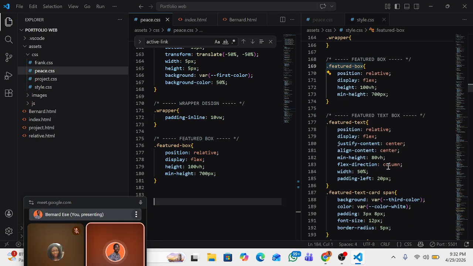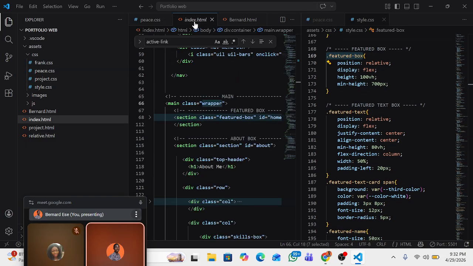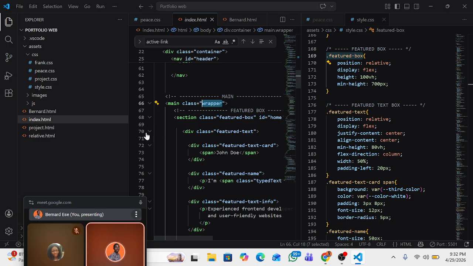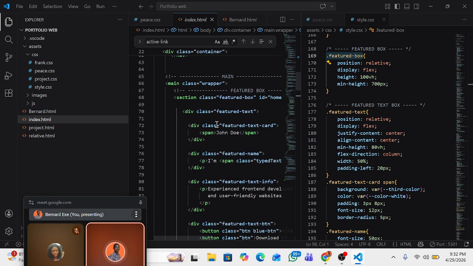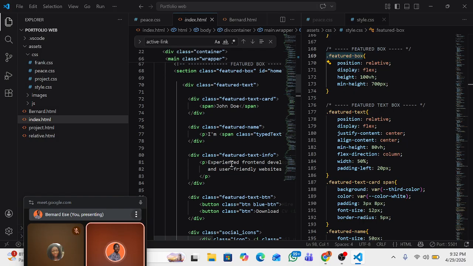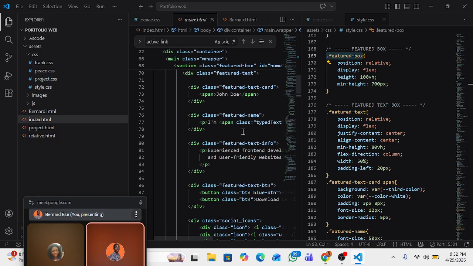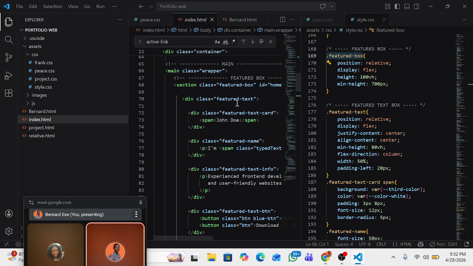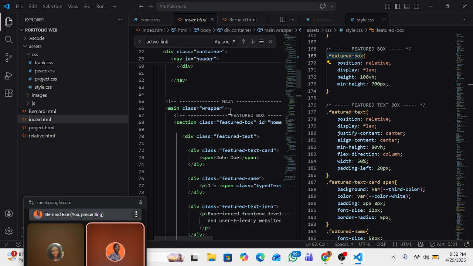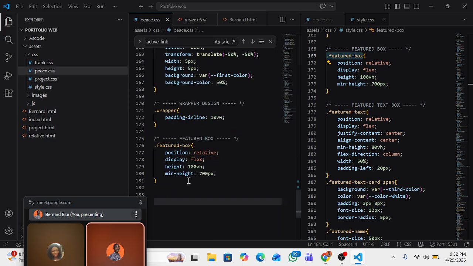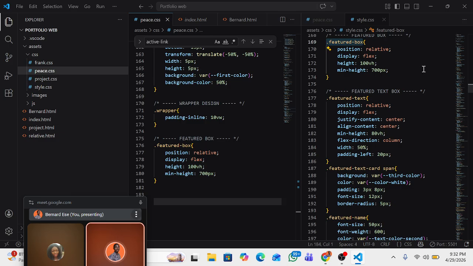Now, the feature text box, which is this section here. That's what I want to start with now. Feature text box, and what is inside? Let me show you what is inside. We have a name, then we have feature name, then feature text info. But we want to style the box itself, which is the feature text box. Yes, that's what we want to style. So we are saying